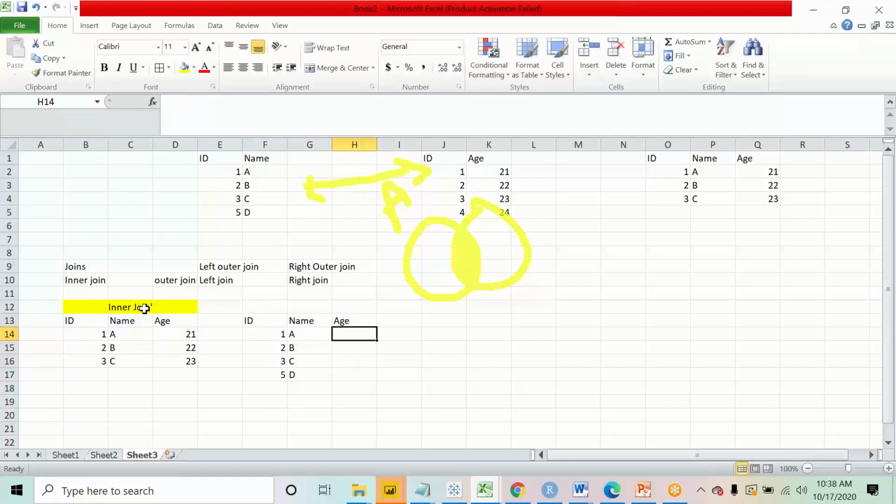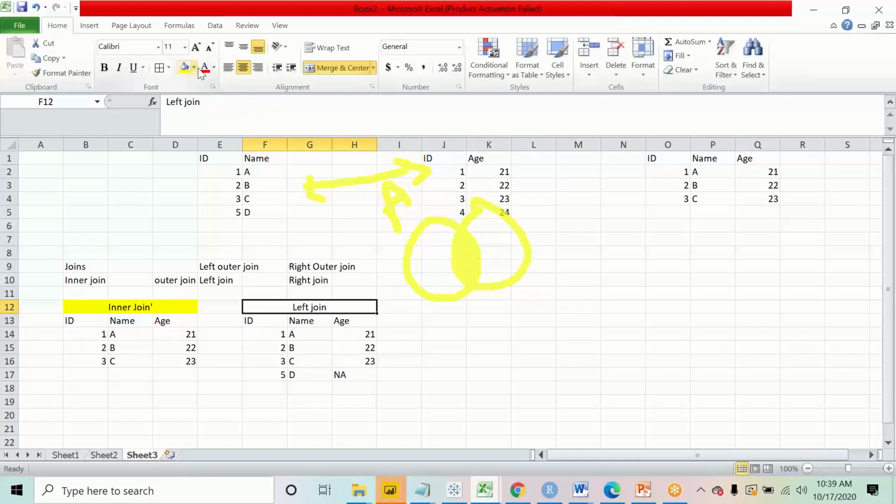I know the age of 1, that is 21. He is 22. C is 23. But 5, I don't know his age, because it is not present over here. So 5 will become NA, not available. This information is not available with us. This is something that is called a left outer join or a left join.